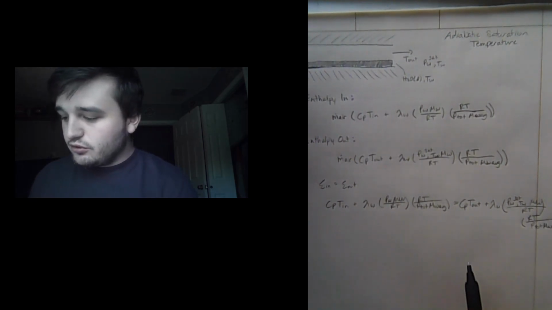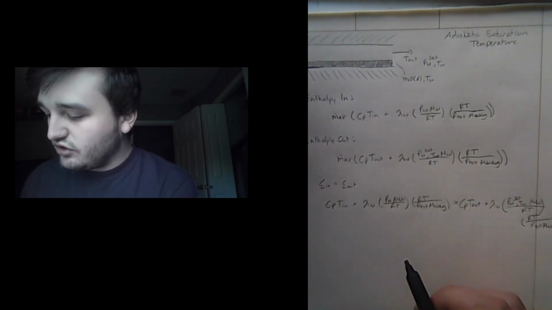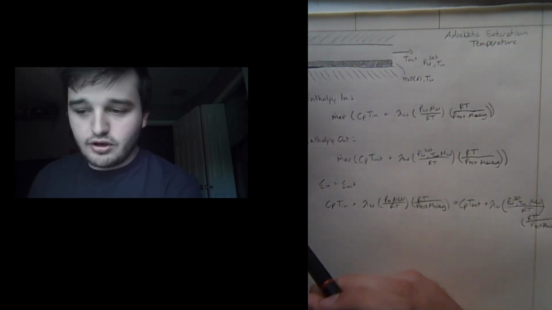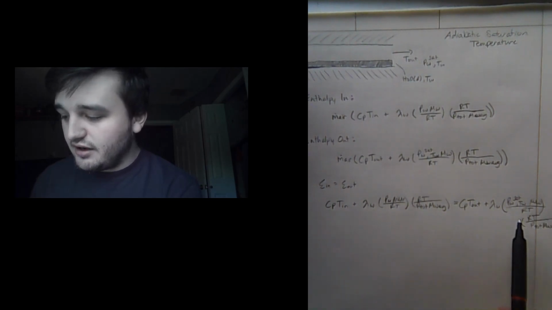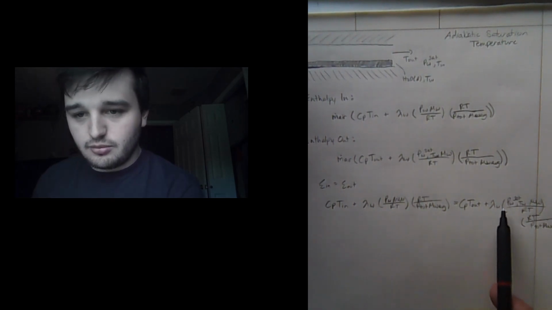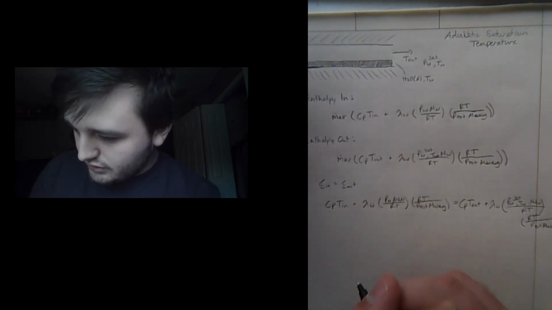So now that they're equal to each other, we can see a lot of common similarities between each side, and what we're going to do is subtract the sensible heat in from this side, put it onto this side, and then likewise subtract this term and put it on this side. So what we're going to do is eventually